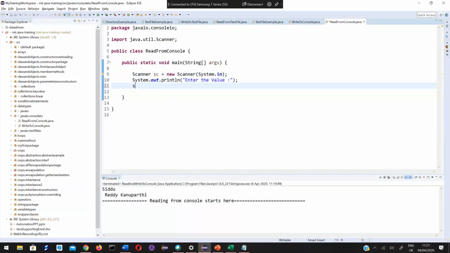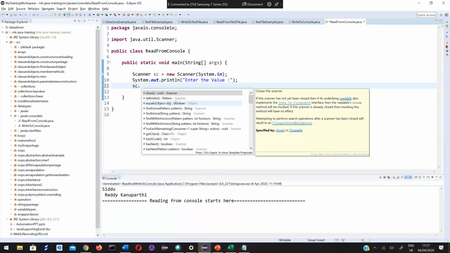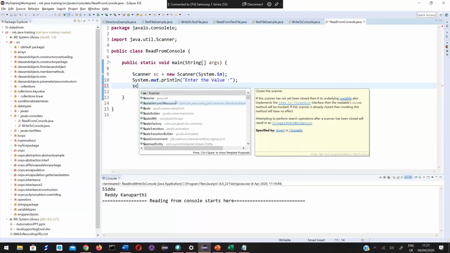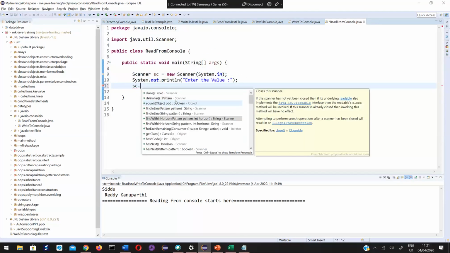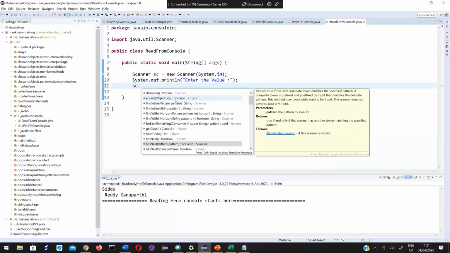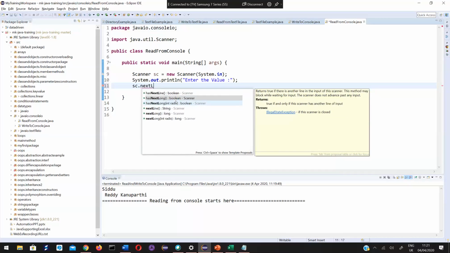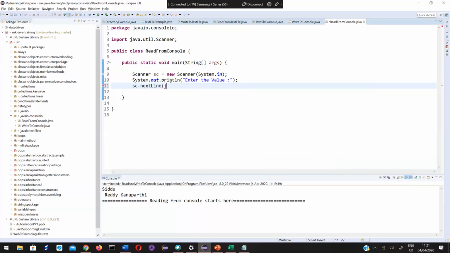Now sc dot, not read, sc dot nextLine. It returns the line that we enter, and we store that into a String.